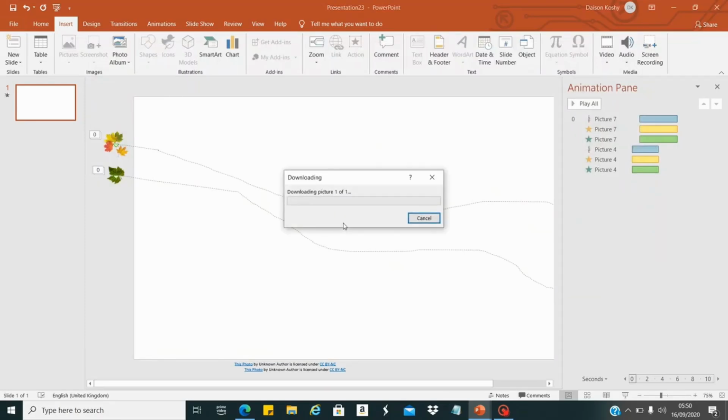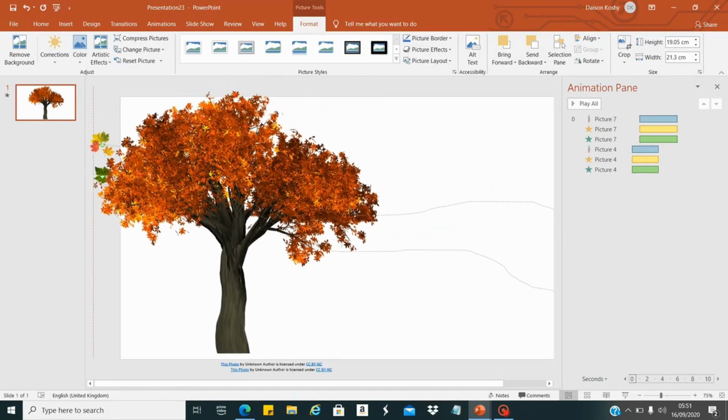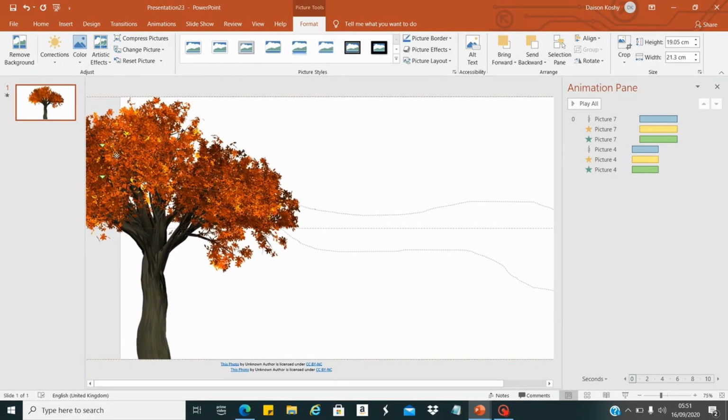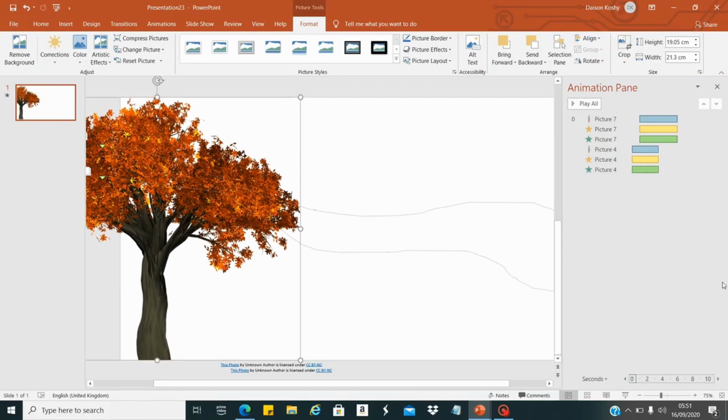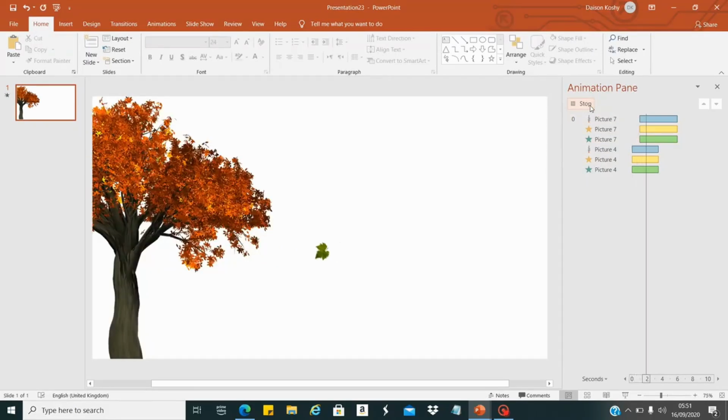It will download the tree image. Now the tree image is here. Make it here and bring it to front. Now we play all. So now our tree and our leaves are ready.